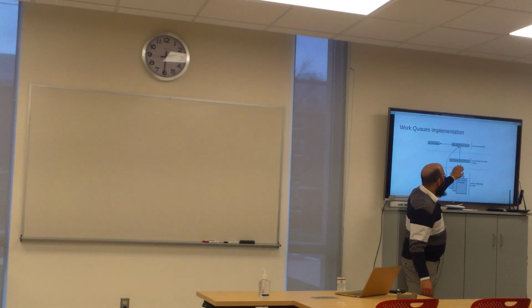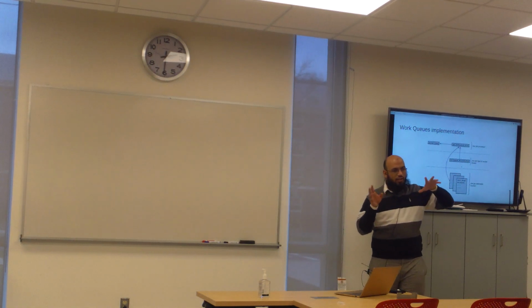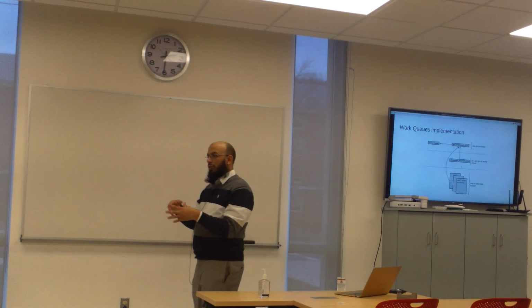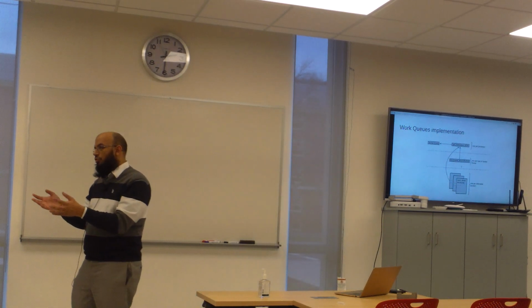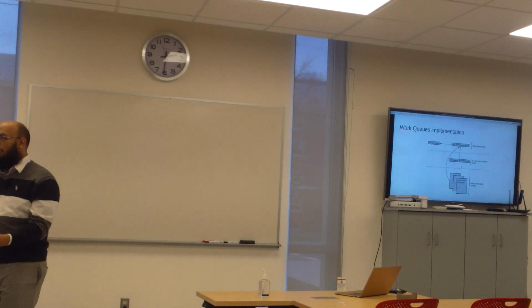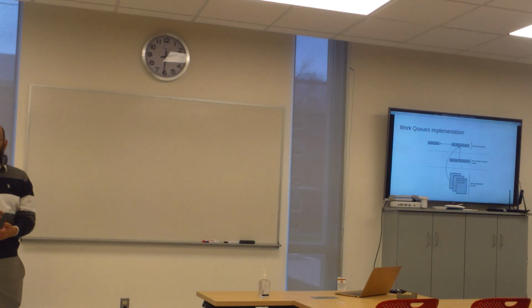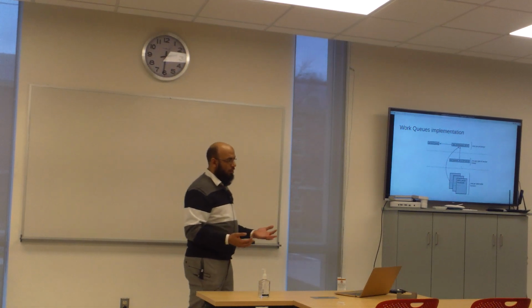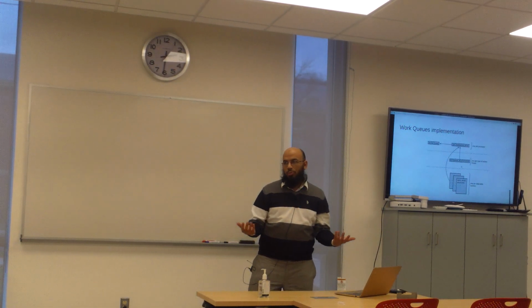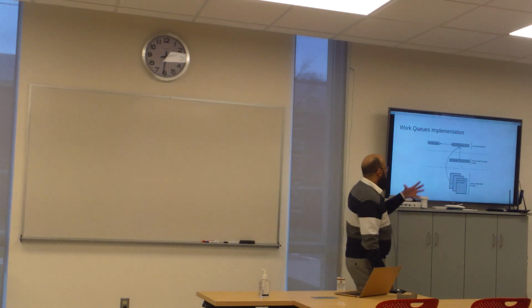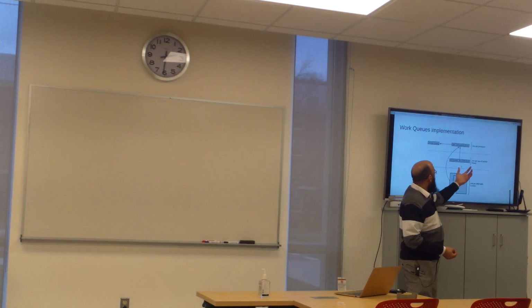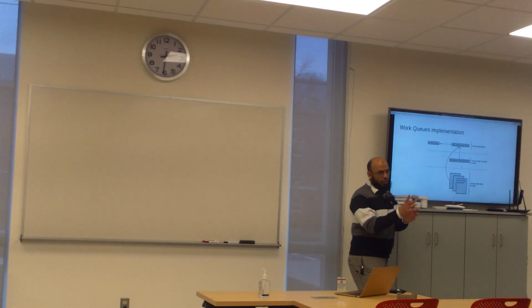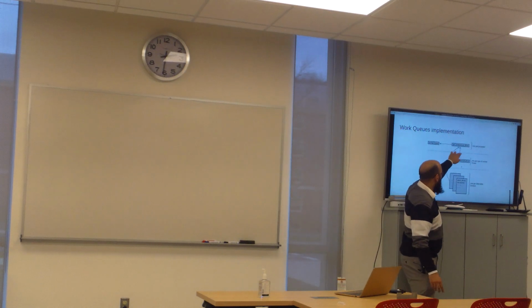Then you can theoretically create other worker threads, although the system does not do that by default, but you as a programmer, for some reason, can create a worker thread. In the book, he gives an example by saying that I'm going to create another worker thread that I'm going to call Falcon. But that doesn't make any sense and nobody does that. So in theory, you can have a work queue structure that is one per worker thread, but usually there's just one worker thread, so these will be almost the same.